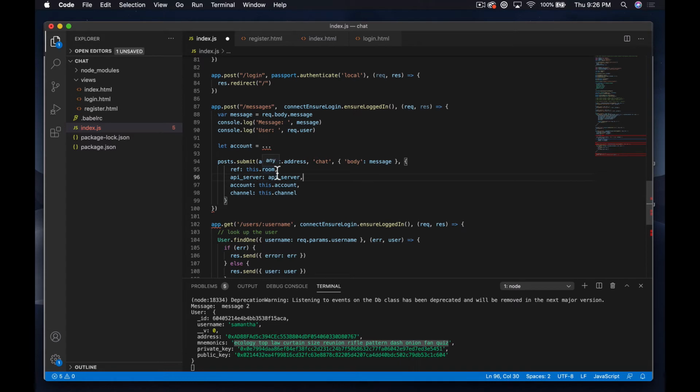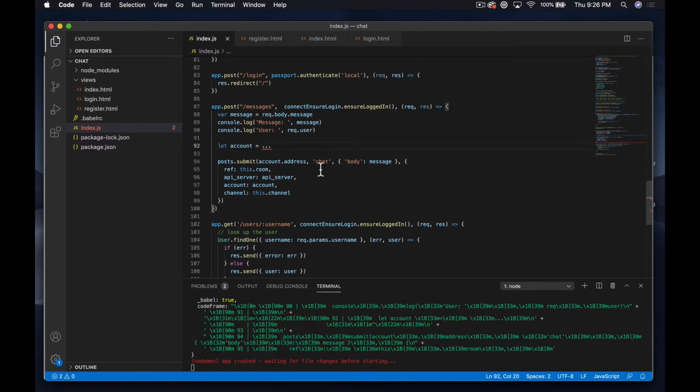Ref is this.room. Okay, I don't know what that is off the top of my head. API server, I don't know what that is off the top of my head, so we need to go check in that file we were just looking at. Account, again, is this.account in this case, but we want to have just account. And then I'm just lining all of this stuff up, and then this should have a parenthesis there, if I'm not mistaken. Okay, so that's going to blow up because I have some problems in my code here,